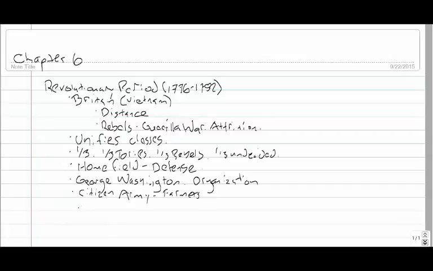All right, so what else can I tell you about? One of the key battles of this time period is Saratoga. Saratoga is in upstate New York. It's a battle where a small contingent of the British army is going to be trapped by the Americans. This victory for the Americans is one of the only victories on the battleground